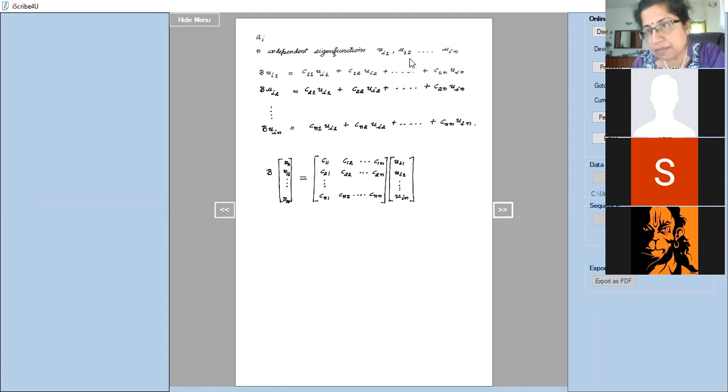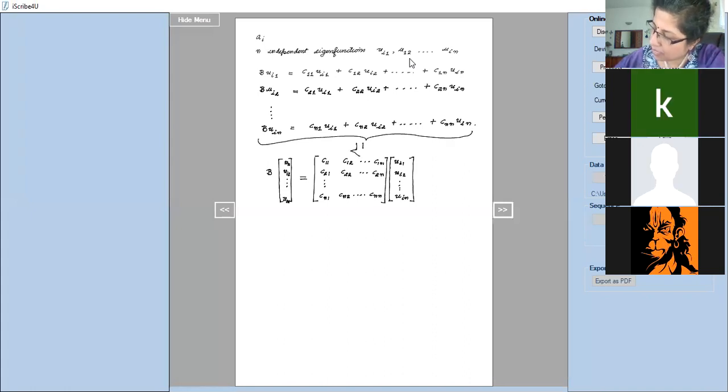Everybody agrees with this? I've written this set of equations in this matrix form. Has everybody got it? Is it clear? Any doubts, please? Everybody's good with this? No problems? Okay, good. So you can see that this set of equations which I have written here will become